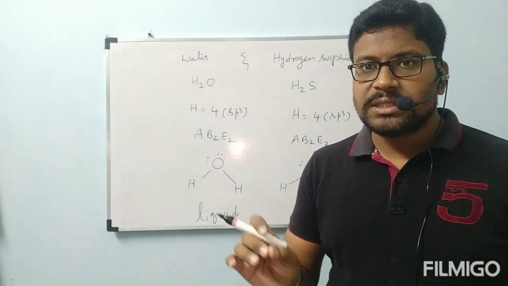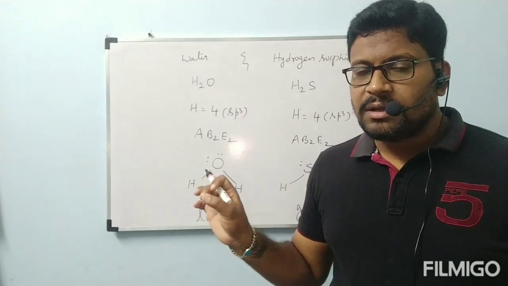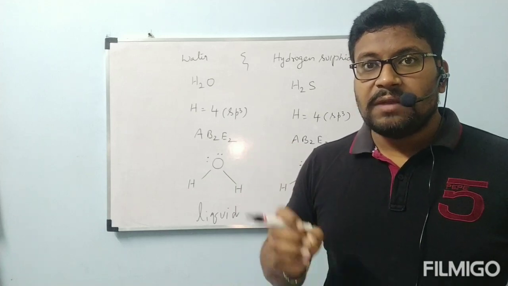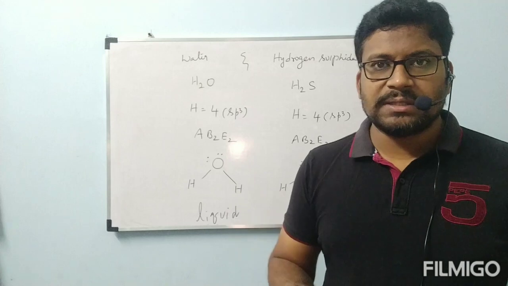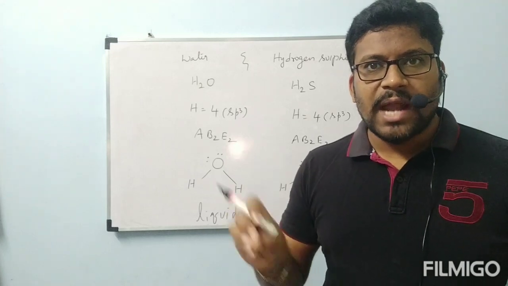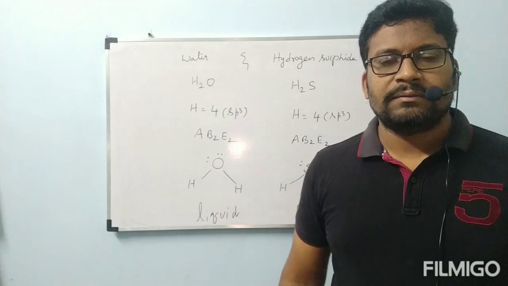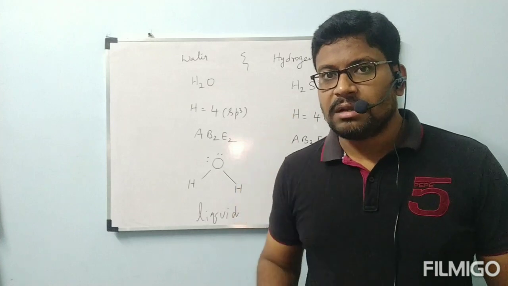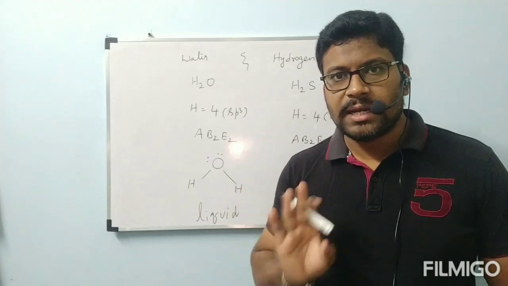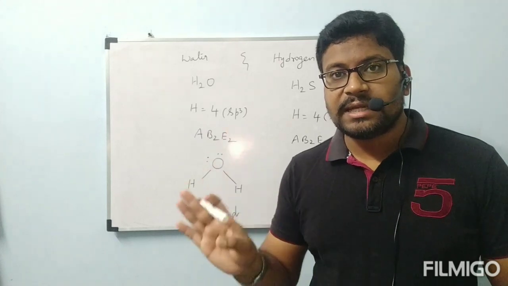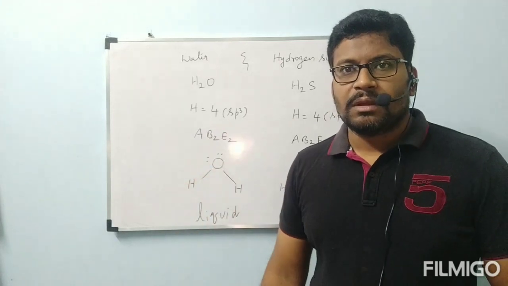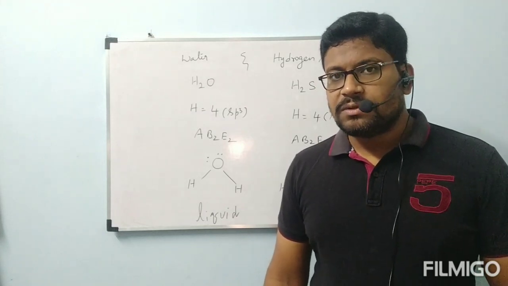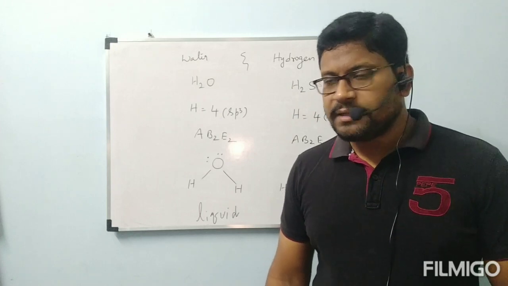Okay. How that hydrogen bond is formed, I am going to explain. Once again, I am going to stress this, because why am I stressing this so many times? Even after so many explanations, students will feel that hydrogen bond also comes under chemical bond only. Chemical bonds means covalent bond and ionic bond. But hydrogen bond is not at all a chemical bond, that is, not a covalent bond or ionic bond or even coordinate covalent bond. It is a type of intermolecular force. Now, how that intermolecular force exists, I am going to explain.